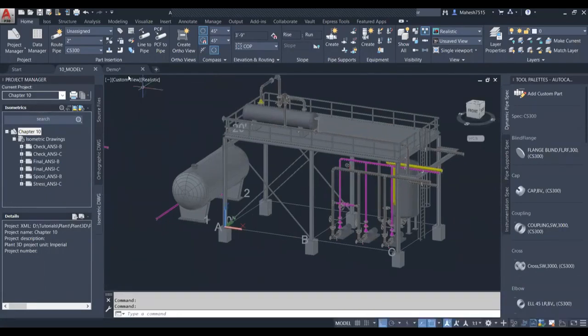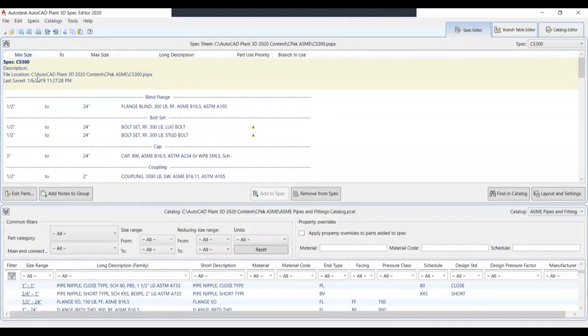So now we are going to add a 2-inch flange to the content of the spec sheet. So we'll go for specs. This is something which I have opened from the default location, that is C of Plant 3D. So whatever changes I make here won't be reflected in any of the projects. So I'll go to open spec.